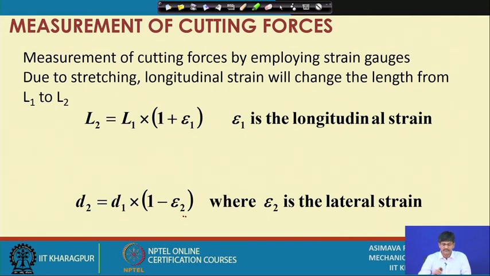So, strain is defined as delta L by L, where L is the original length and delta L is the small increment in length. So, if we multiply it by the original length L1, we will get the corresponding change in length. Therefore, L2 is equal to L1 into 1 plus epsilon 1, where epsilon 1 is the longitudinal strain, that means